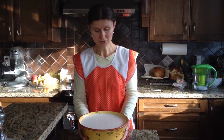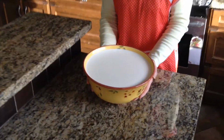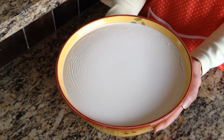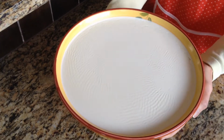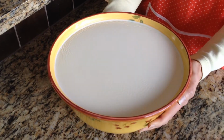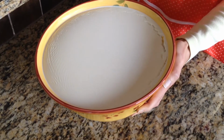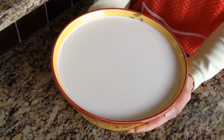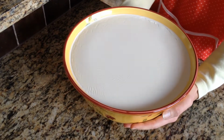Now, after 3 to 4 days, I have milk with a consistency like jello. If you see, I'm moving it a bit and it's shaking the same way a jello would. That means it is done. It is all sour milk that you can eat with potatoes by itself, but today I will make cream cheese from it. To do that, I will